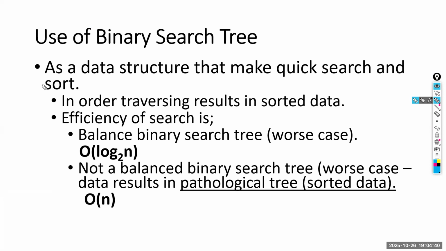Okay. So I just updated this slide. I will upload the updated slide. I updated it to make it a little bit more clear, because remember, if it is balanced, it is only log n, right? Otherwise, it is worse than log n. It's between O(n) and log n. The worst case is when it's not balanced, and you enter data already sorted. Then of course you end up with a linked list or a pathological tree. Okay,